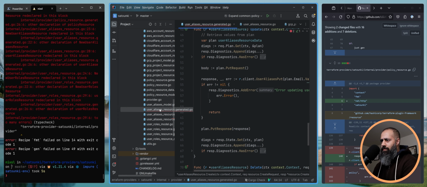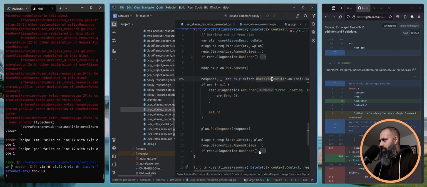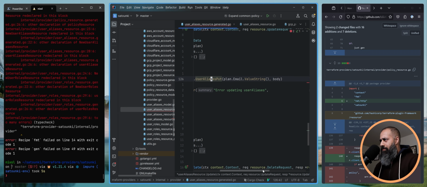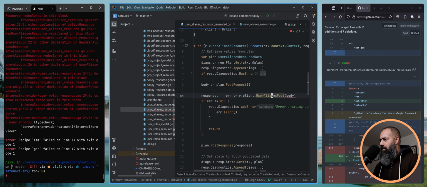Yeah, because it's the same as put. And this one also has to be